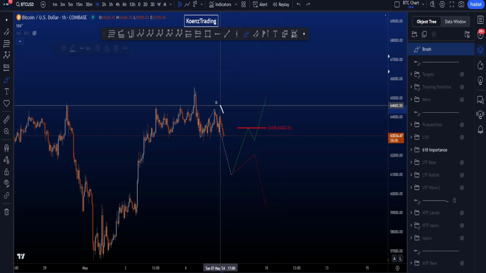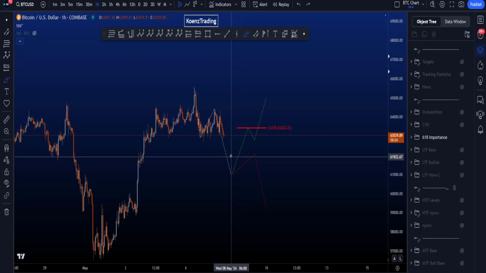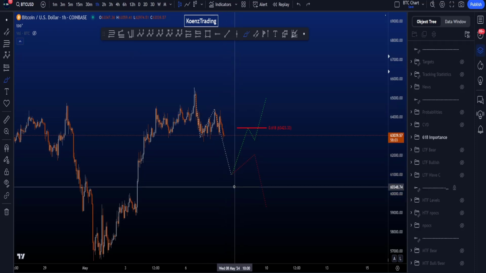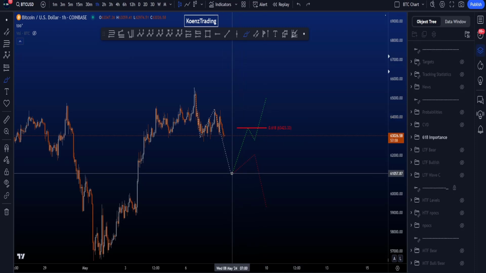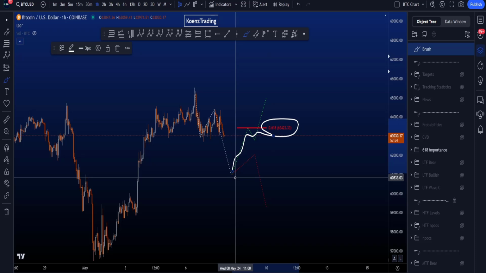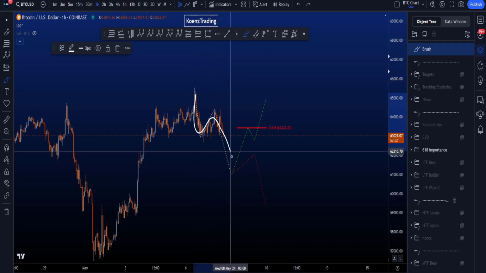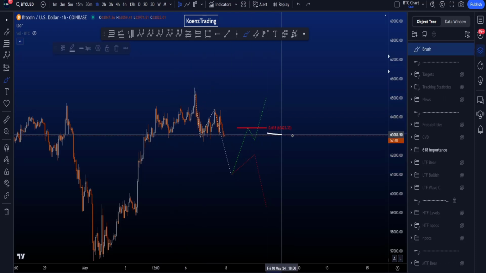And what we then do is we take a fib from the high to wherever the low is going to be in case price would fall towards the downside, toggle on the 0.618, and then see if price moves towards the upside and hits the 0.618. If so, then the probabilities are higher. This is a 3-wave structure, and then we're going to move towards the upside and take the high, because the